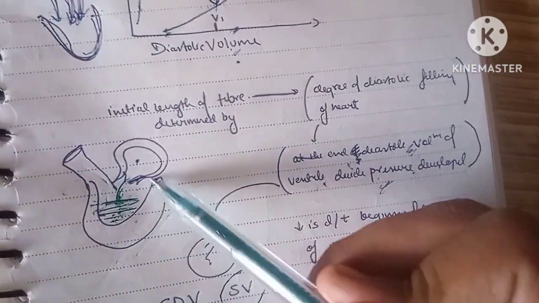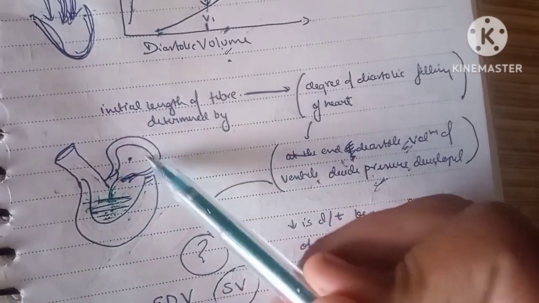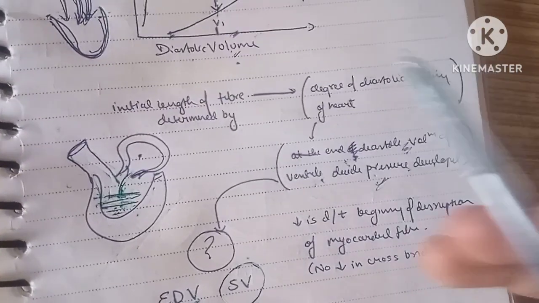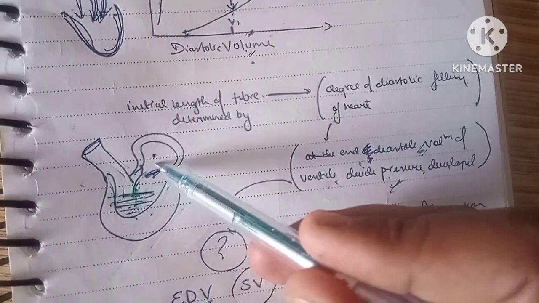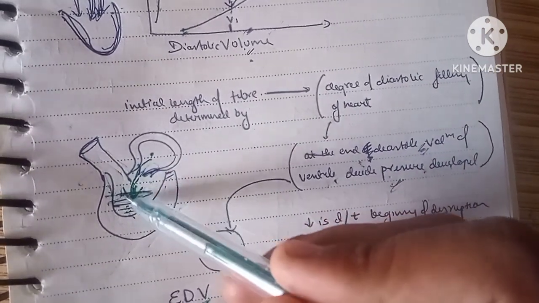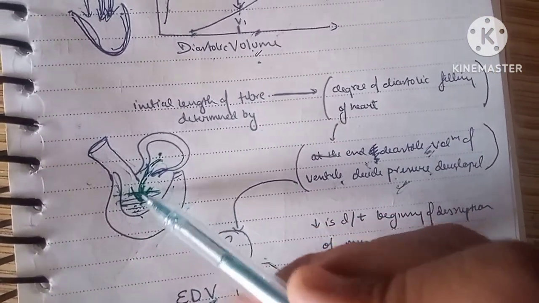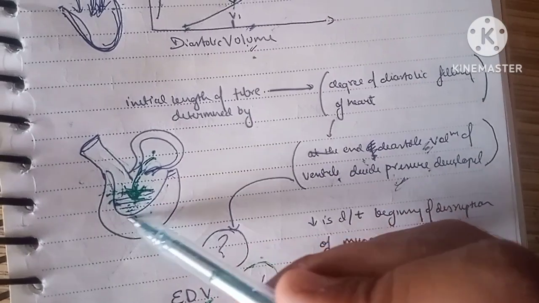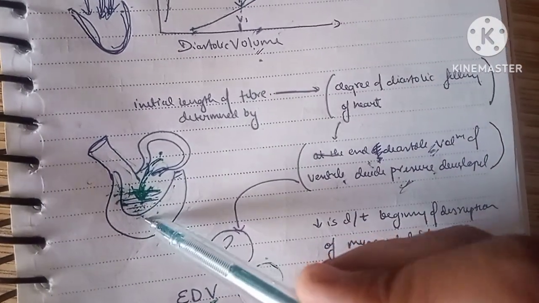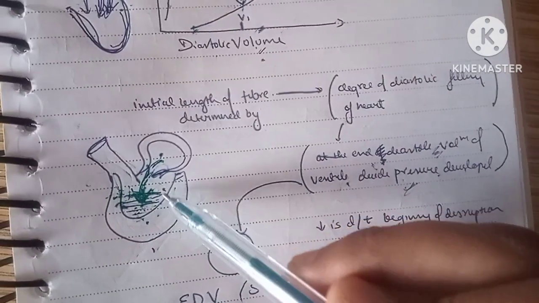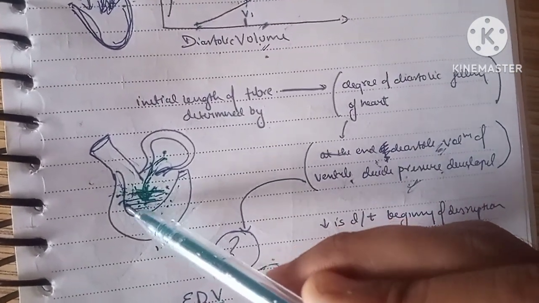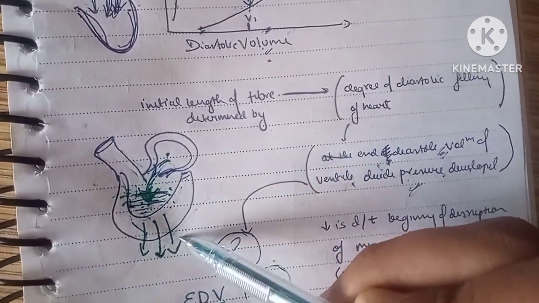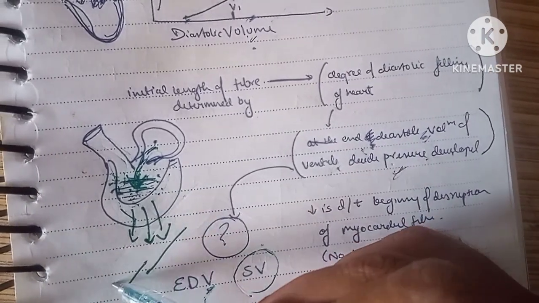Consider this our myocardium, and this is the ventricular myocardium, the atria, and this is the aorta, if this is the left side. If we have a lot of blood coming to the ventricle, this filling is going to occur during the ventricular diastole. During the diastole, the ventricle is going to be filled with blood. At the end of the diastole, whatever blood is present in the ventricle is what is known as end diastolic volume. Due to filling of the ventricle, the ventricular myocardium is going to be stretched, and the fibers will go on stretching.